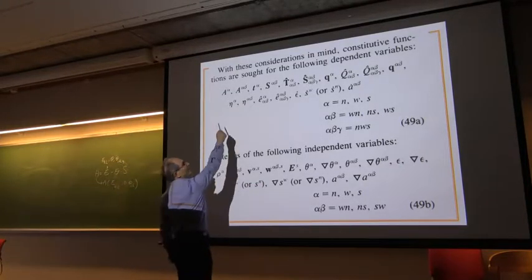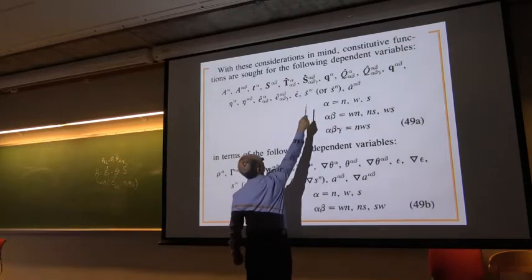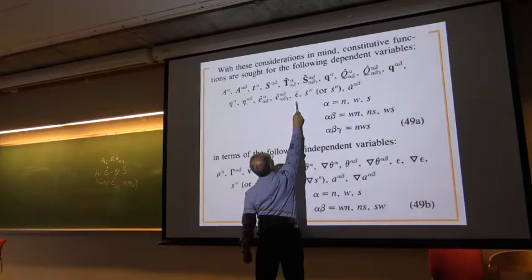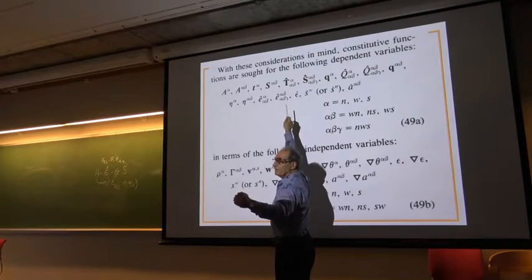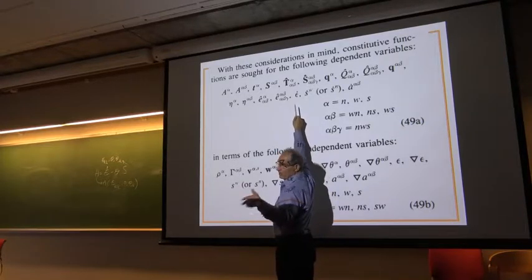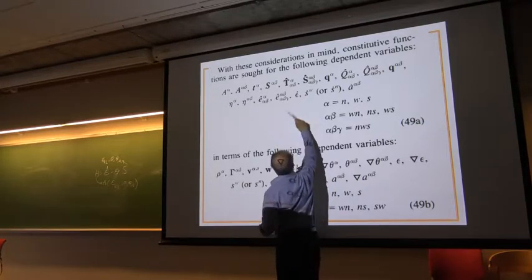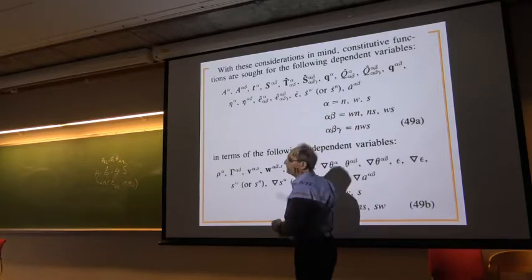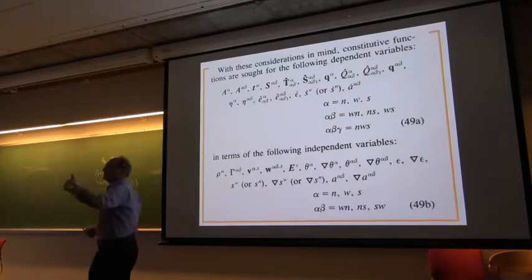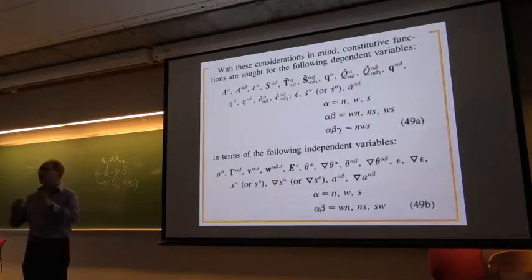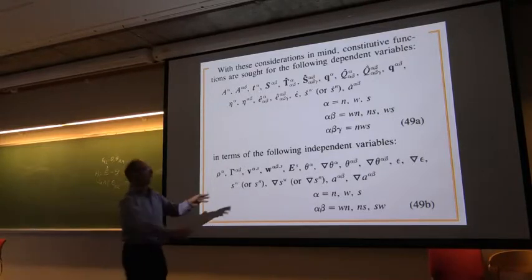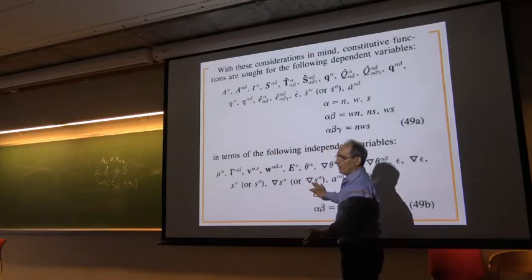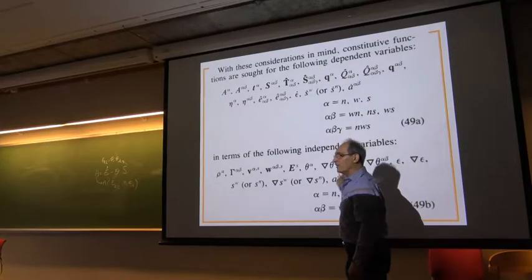And that set is simply all the unknowns, but I have added the rate of change of epsilon as a constitutive equation. So that's how I account for my missing equation, and the rate of change of saturation and the rate of change of interfacial areas. Those are additional constitutive equations. Now I have enough equations. You just prescribe epsilon dot then. I say epsilon dot is a function of all of these. And S dot is a function of all of these.